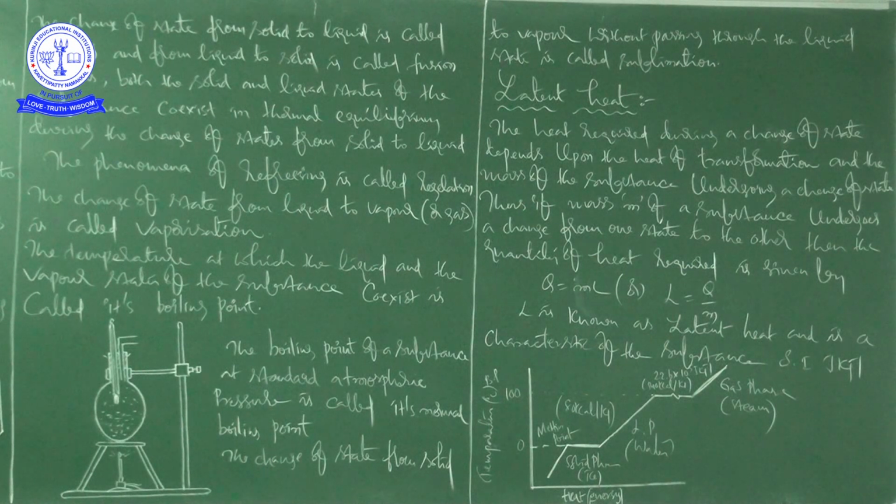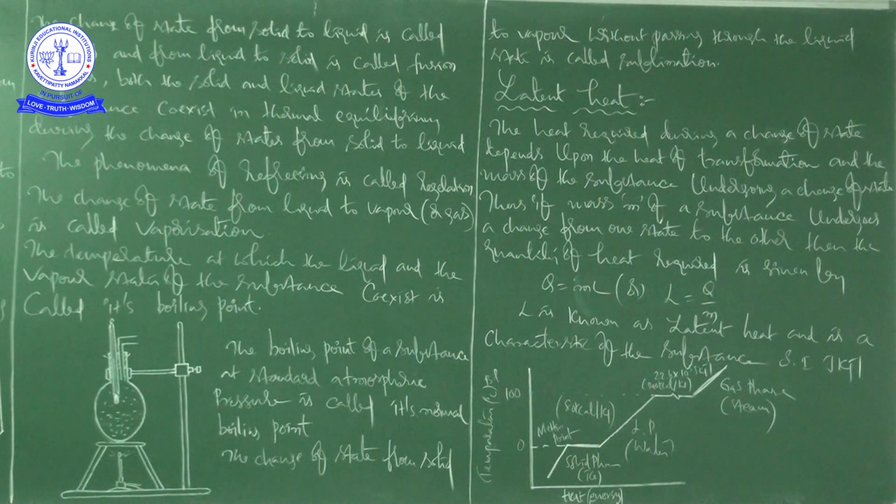For example, just consider the change of state from solid to liquid. Suppose there are ice cubes. Ice cubes have to become water. We need a certain amount of energy, no? You are going to heat the ice cubes. Then what will happen? Ice becomes water. But here the important observation is, you take a certain number of ice cubes into a beaker, and you start to heat the beaker. Slowly what will happen? First, the temperature of the ice cubes increases from -10 to 0. After that, every ice cube tries to become water.